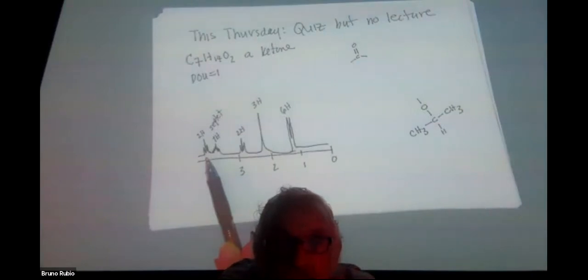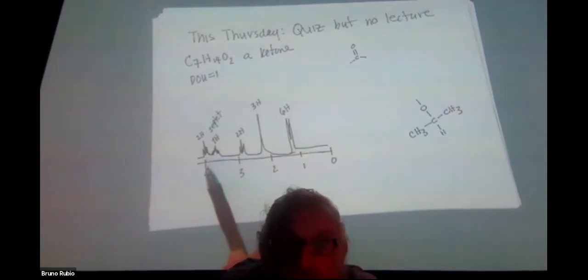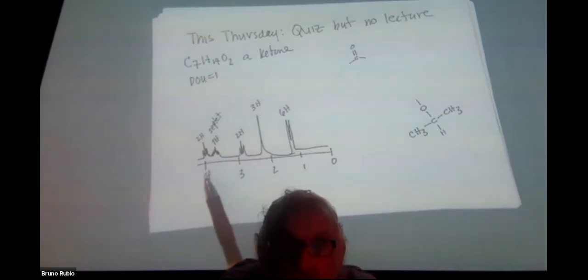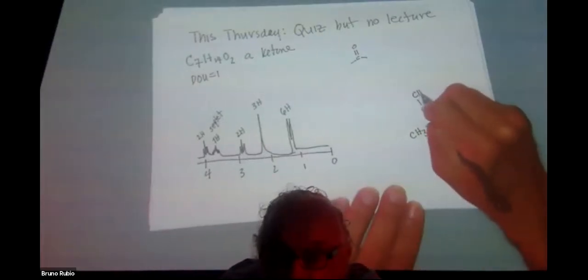Is that the only thing it could be? No, it could be 2 equivalent CHs. Let's go with the simpler alternative. And what is the chemical shift telling you about this CH2? Why is it near 4 ppm? Oh, it's next to the oxygen, sure. So that guy lives here,